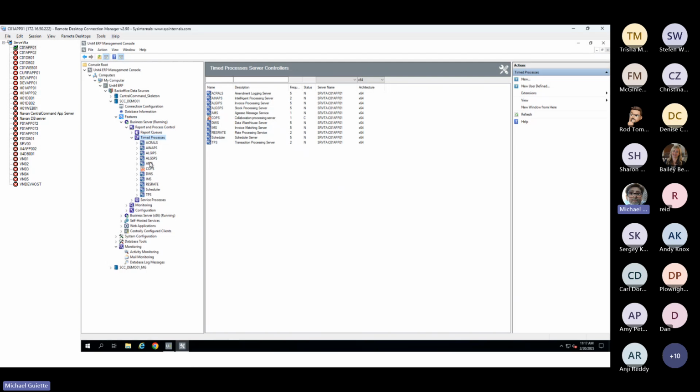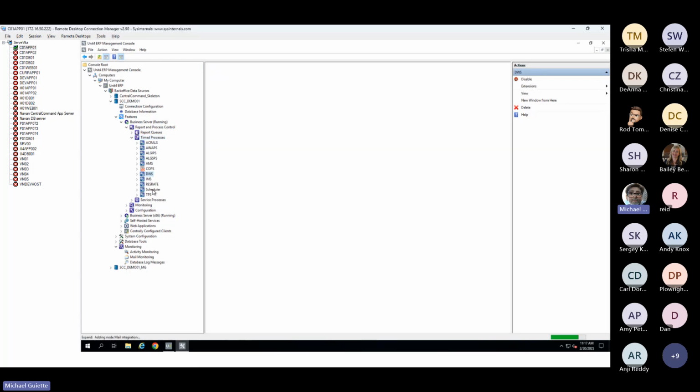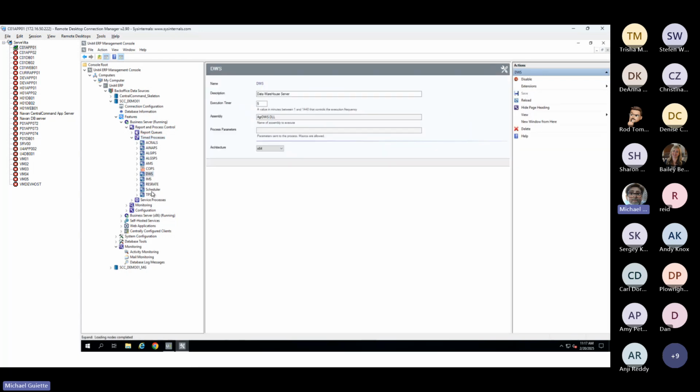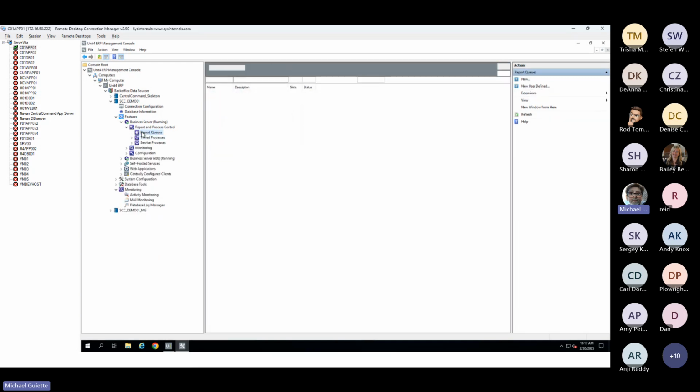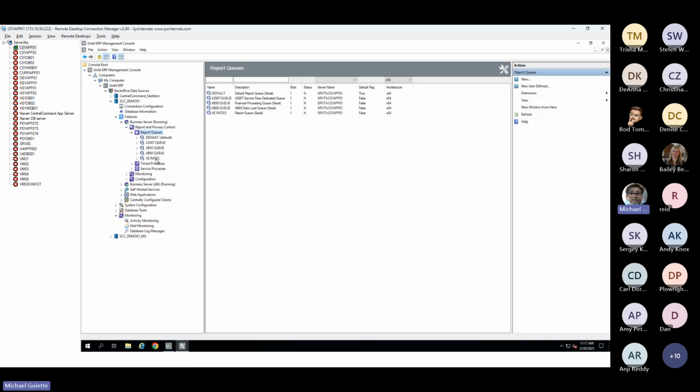Our timed processes, if you have any Intel agents set up, if you have any data warehousing set up, or our TPS that loads that data into the financial tables, all of these timed processes, when they run, they create logs, okay? If we go into our reports, and we go into our report queues, anytime we have a server